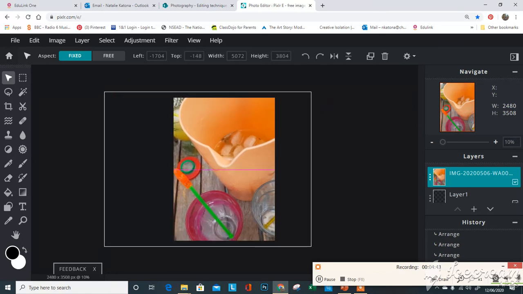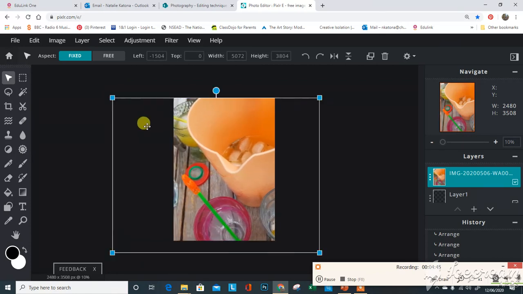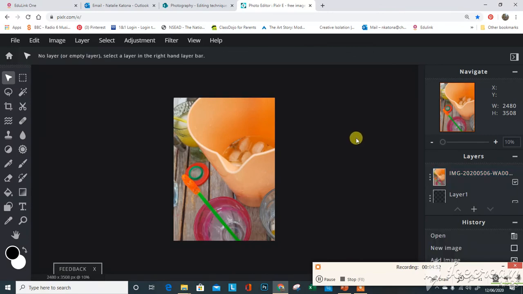Okay, that looks about right. I think I'm happy with that. So then I'm just going to click enter, and then you can see it's cropped it to the right size. If you hover over it, you can still see the original photograph. Okay, so